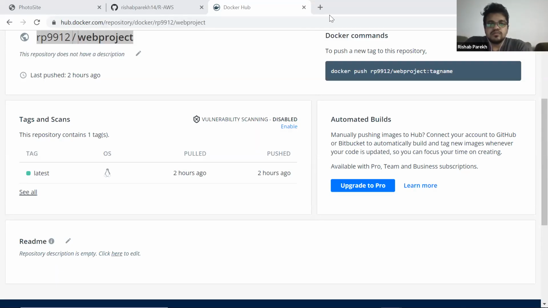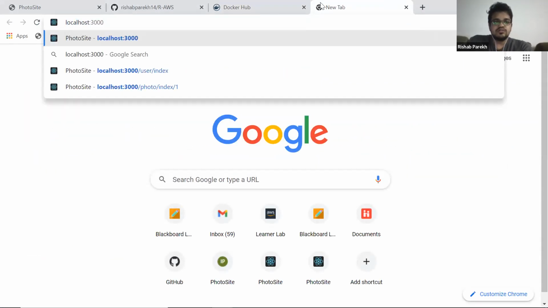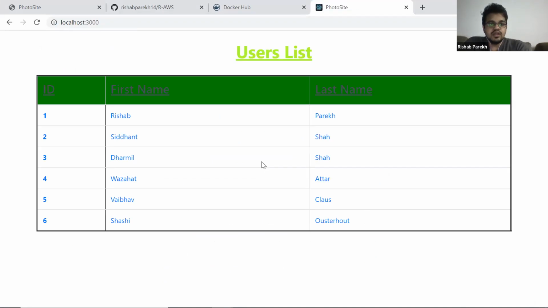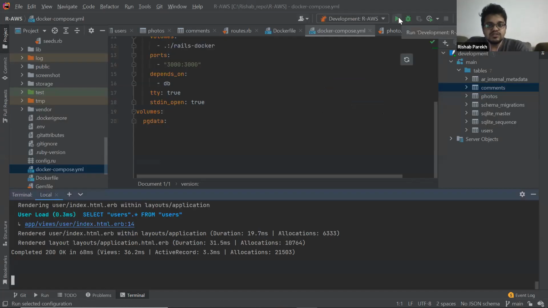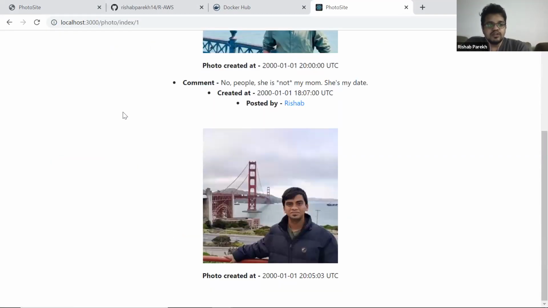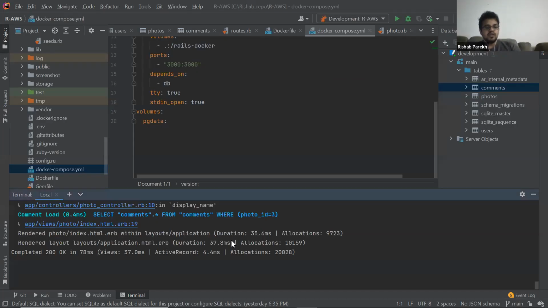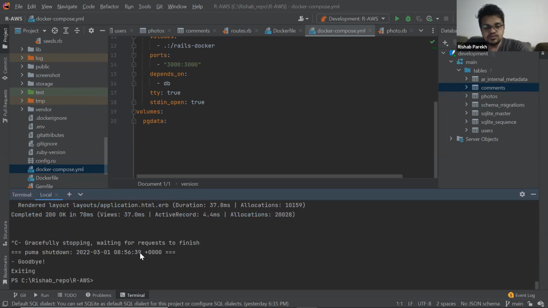We can hit the localhost 3000 URL, and the application is up, but you can see that the local server is down. It's still down, but we are running it using the docker run command, and our application is up on the 3000 localhost port, and it's working in a similar fashion as it was working on the normal local server. Once we have tested this, our next step is to